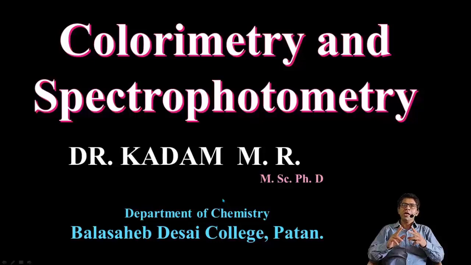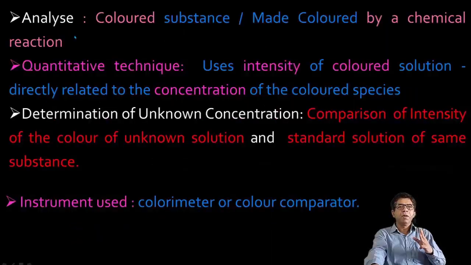Now we learn a new topic, colorimetry and spectrophotometry, which is most commonly used for accurate analysis. In colorimetric and spectrophotometric analysis, we can analyze any colored substance or substance which gives colored solution by chemical reaction. Quantitative analysis uses the intensity of colored solution, which is directly related to the concentration of the colored species present